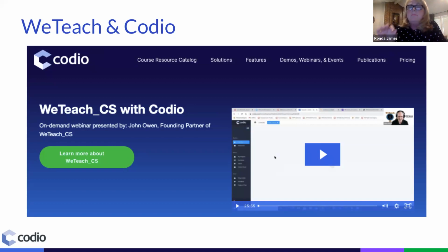So if that's also something that you might want to consider looking into, just other options as well. They also have AP through this triangle of Codio, We Teach, and You Teach. You can find AP CSA, AP Principles, and also AP C.